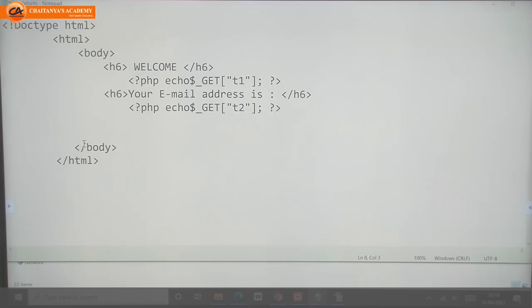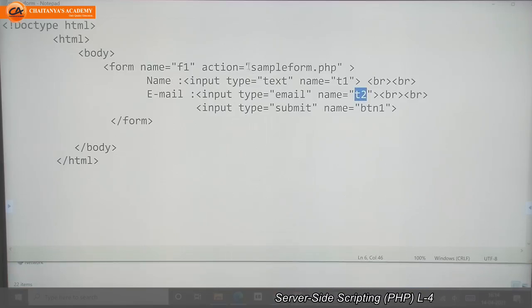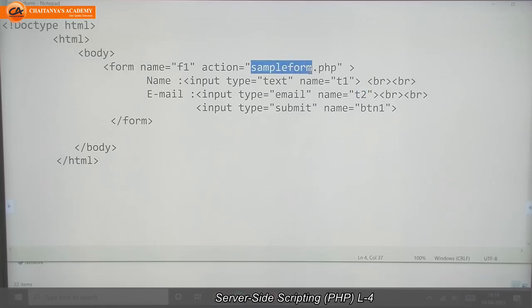Write this code and save this file with whatever name you want, .php, but make sure that this file name is the same as the file name you already gave here, sampleform.php.